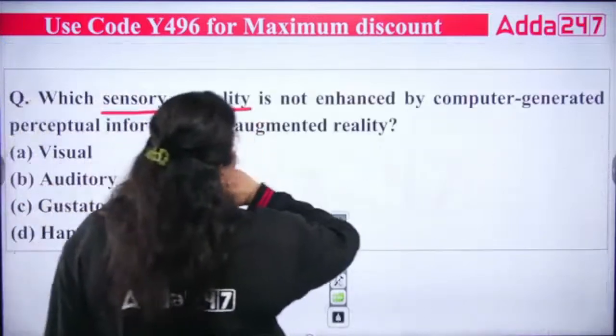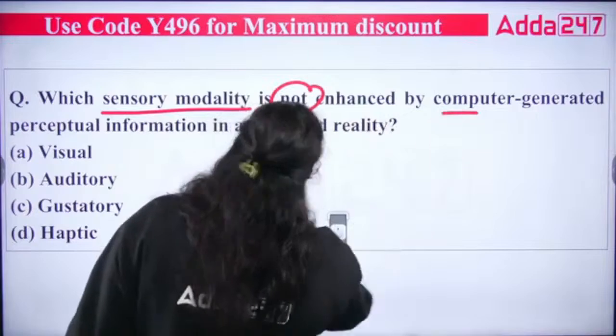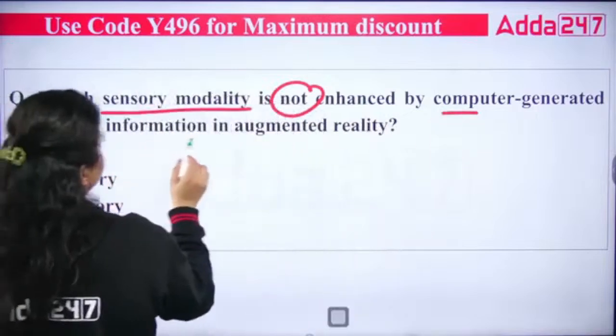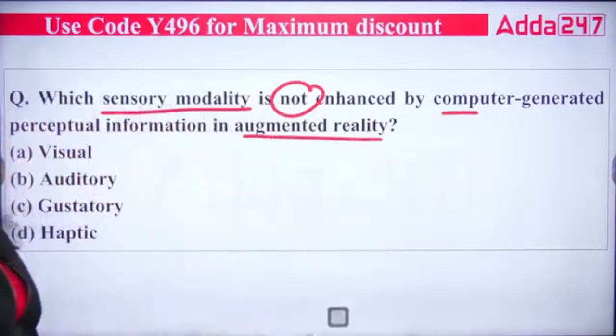Which sensory modality is not enhanced by computer generated factual information in augmented reality? Visual, auditory, gustatory and haptic. Which of the following is correct? A, B, C or D? So right answer will be,